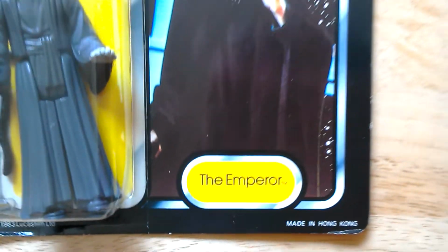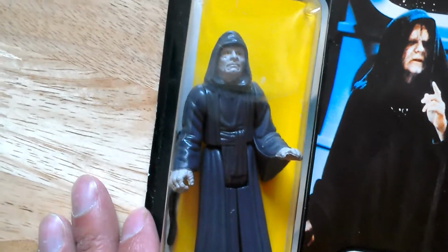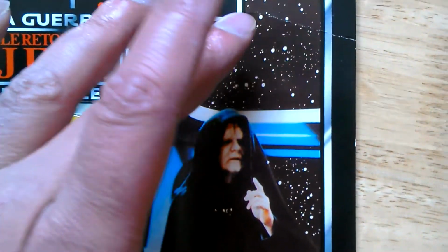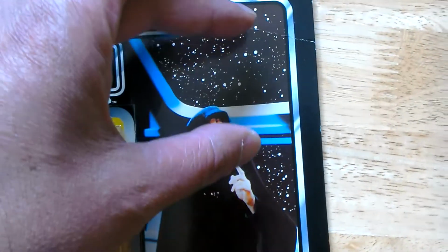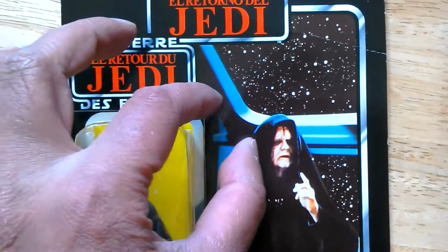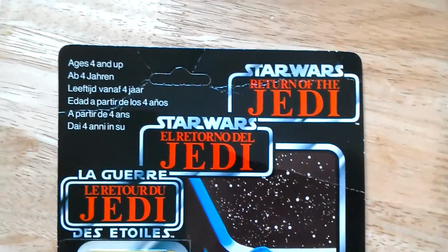And the Emperor has a few variations like the no country of origin, and then the Hong Kong, and wherever else this figure was made. Trilogos, you tend to get different photographs, like this might be the same picture as on the Kenner cards, but you see more background in the image. Also the name is at the bottom of the card rather than just above the figure's head. So it's quite a nice design really,